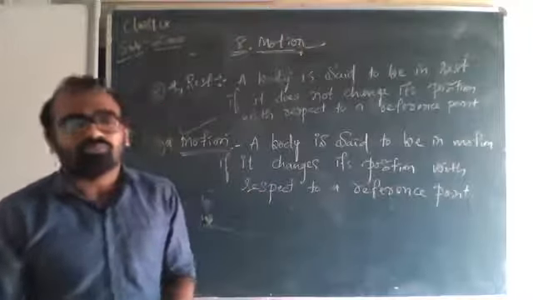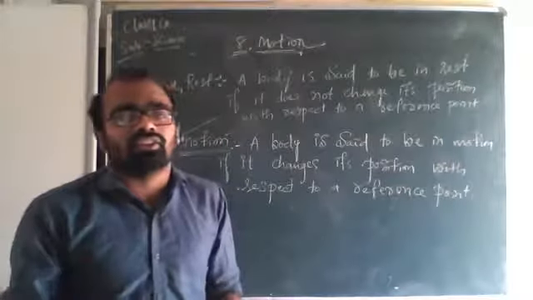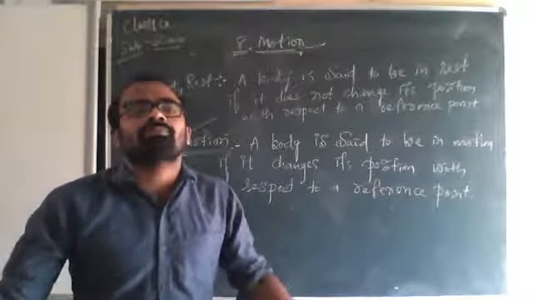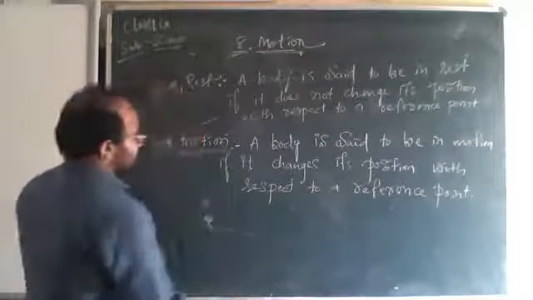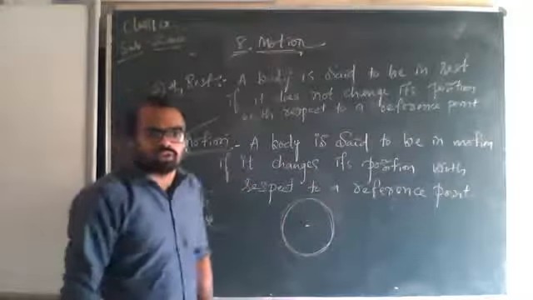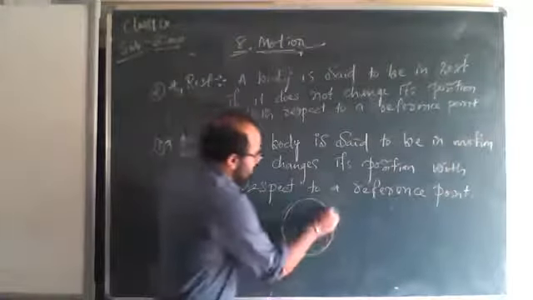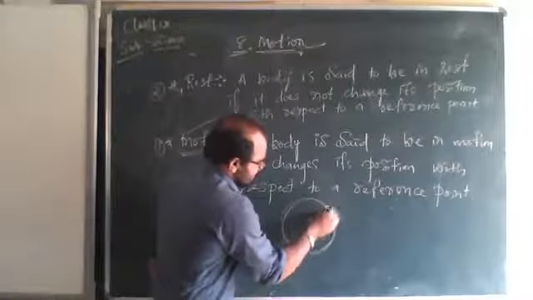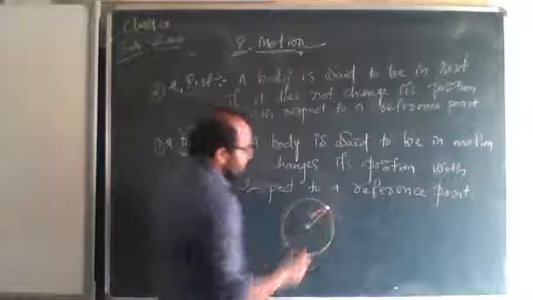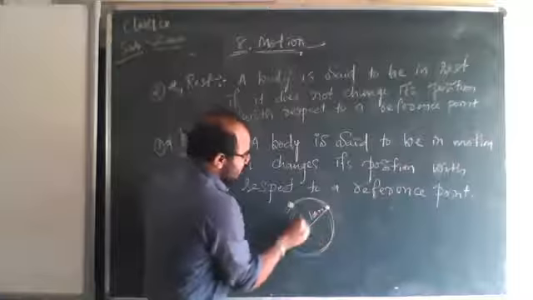Okay, see, when the body is in motion, there is no such need that there should always be a change in distance or a change in displacement. For example, if a body is in circular motion, this is the center, the reference point. If the body is here, the distance between the body and the reference point, for example, is 100 meters. Even though the body comes here, it made a motion, the distance will still be 100 meters only.